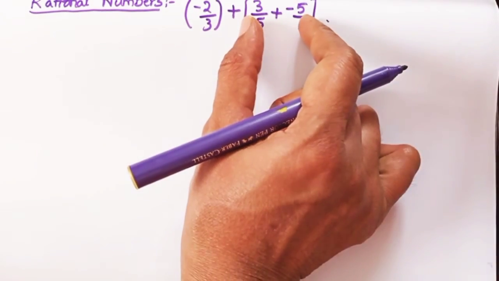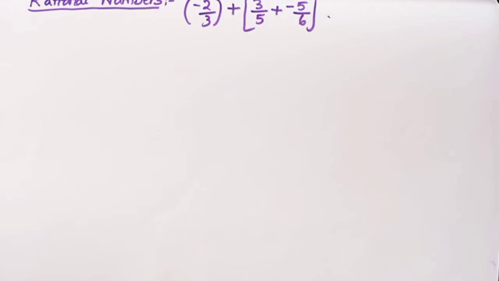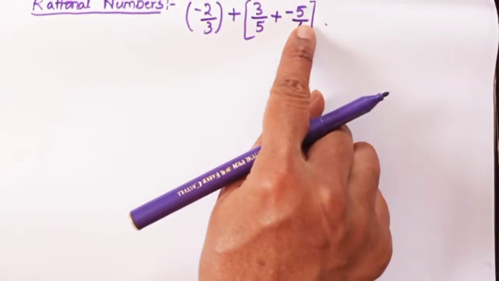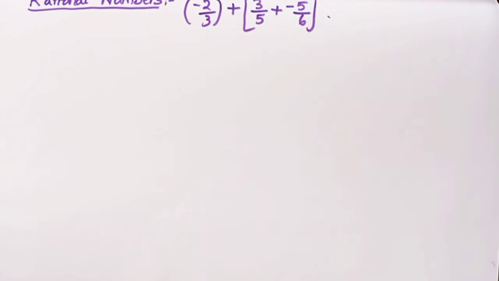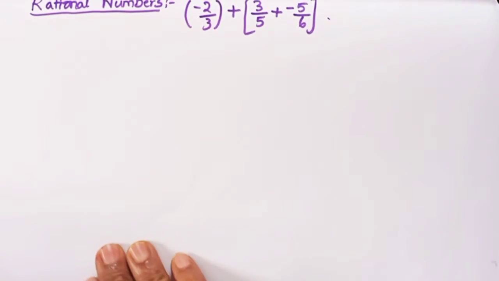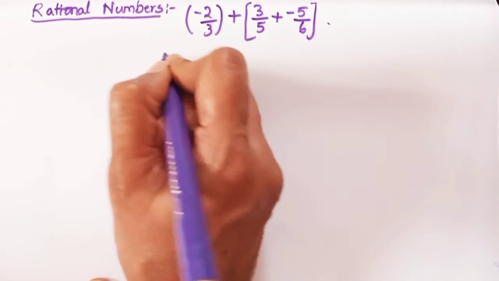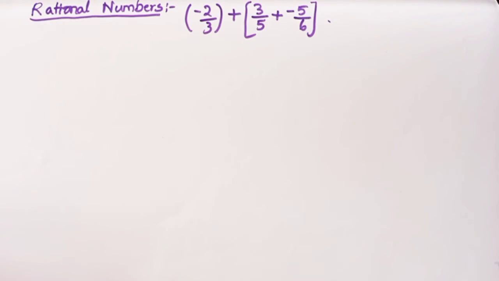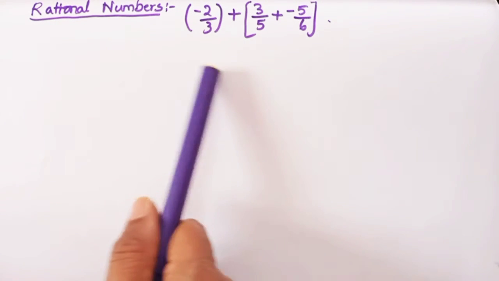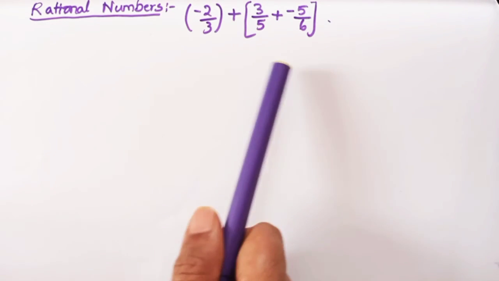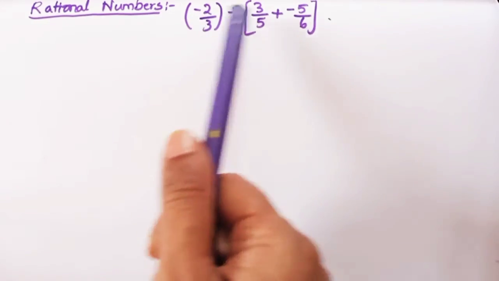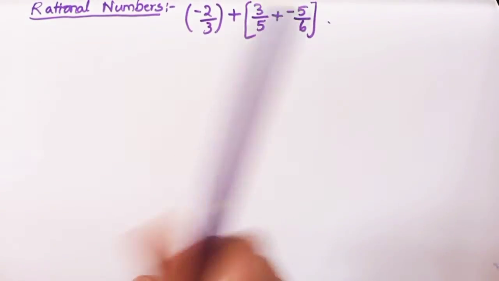I am associating B plus C here first. Okay, let us first check this. Afterwards, I will do A plus B plus C. Okay, we will compare both the results. So now let us first check this out. You know how to add the rational numbers. We have checked it in commutative property also in the previous video. Here again, you can just observe how we are adding two rational numbers. Of course, here we are adding three rational numbers. So observe it.